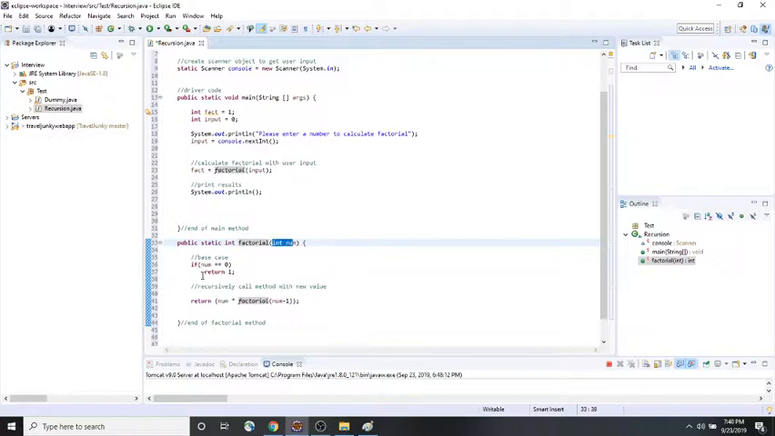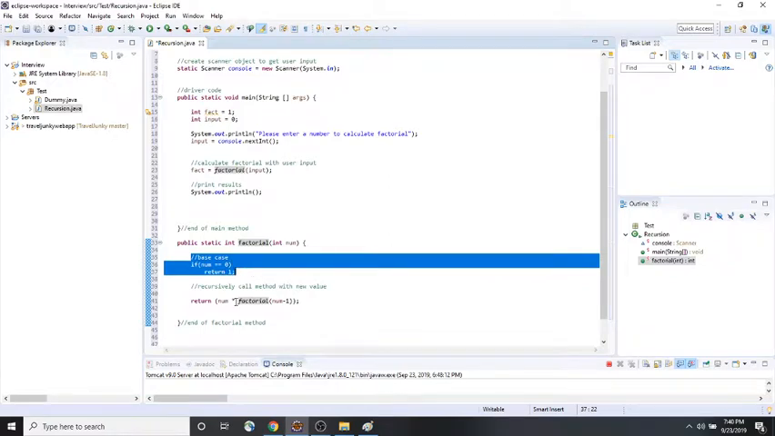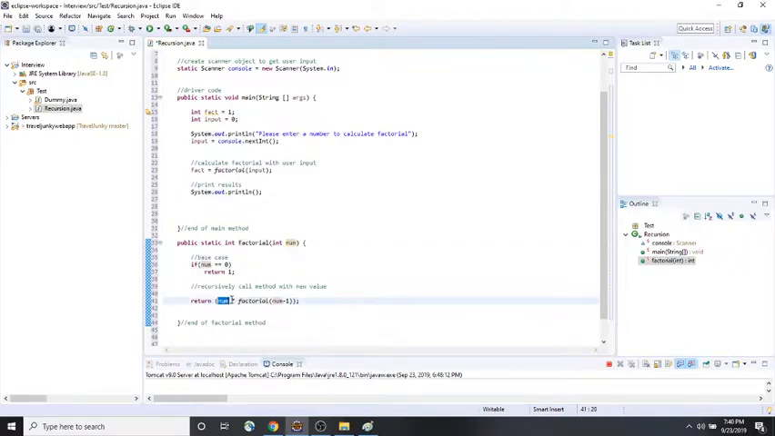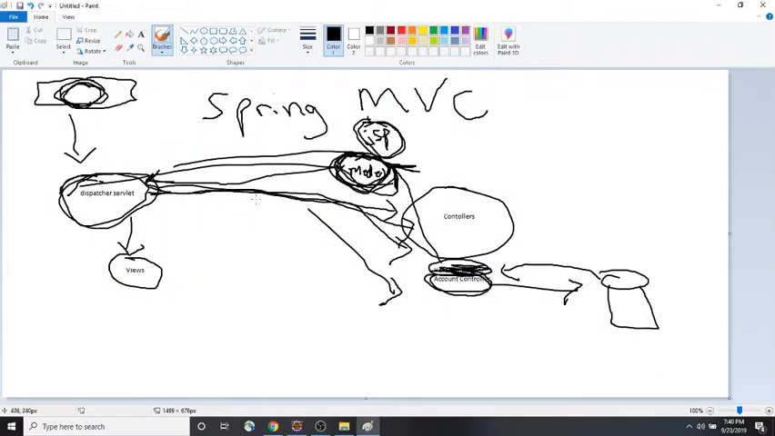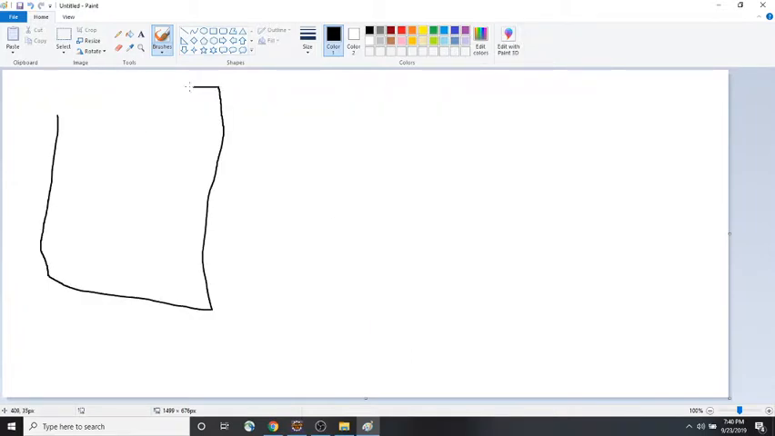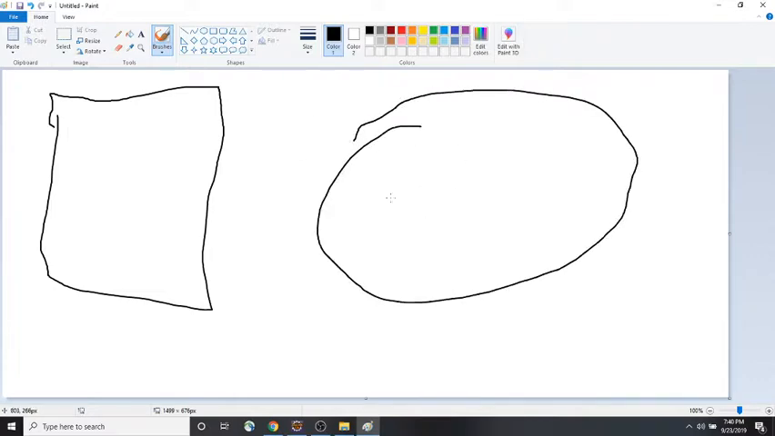So if we pass in 5, 5 is not equal to 0. So then we're going to come back up here and we're going to pass in 5 times, I'm sorry, we're going to do 5 times factorial of 4, which is 5 minus 1. So basically what this is doing, it's in memory. Let's just say here's our factorial loop. Basically, we have our base case,